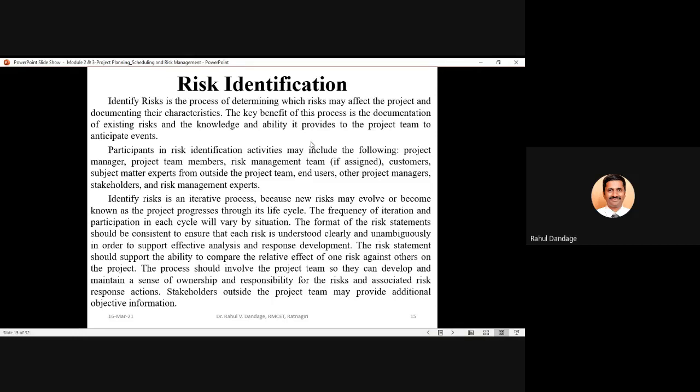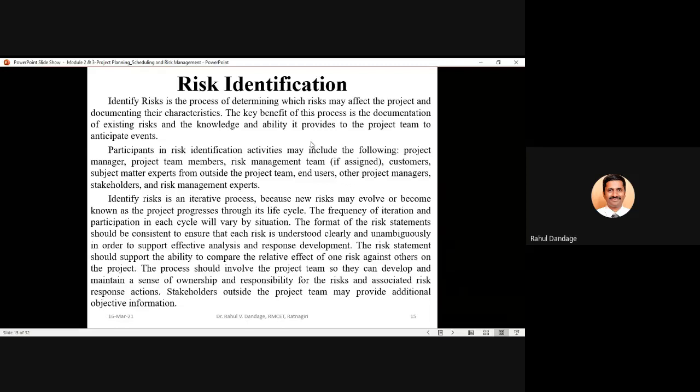So right from the project manager to the entire project team, to the customers of your project, to the stakeholders and risk management experts, all of them will be involved in this risk identification activity.